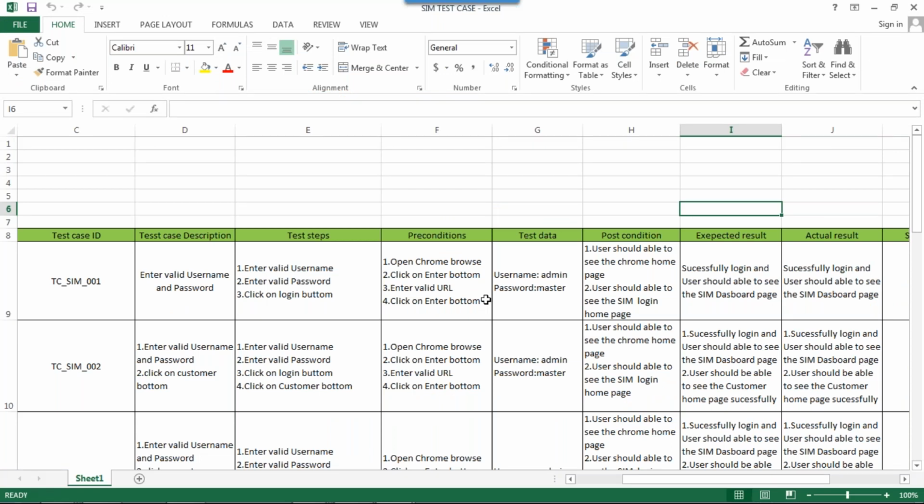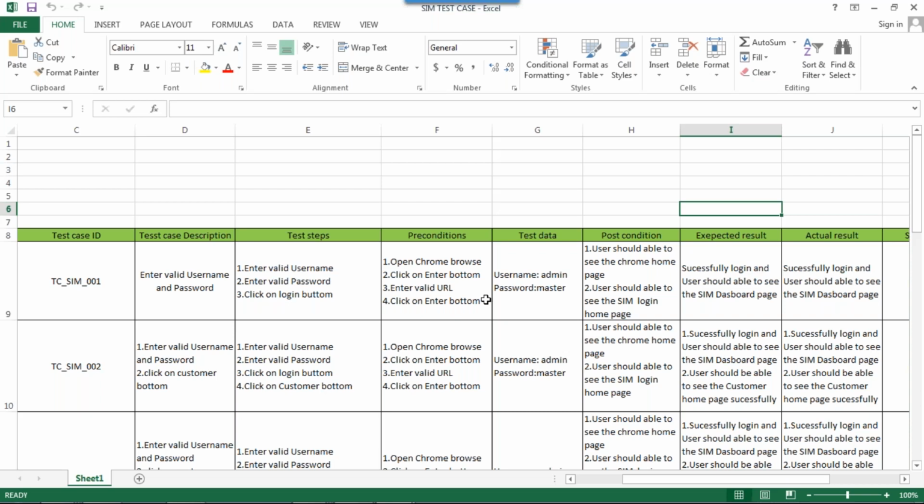Some companies first start with manual. Once the manual work is done, when you get free time, they will have you do the automation. Some companies take you purely on the automation side, and you work purely on automation. Some companies take you for both automation and manual, so initially the manual work will be there.